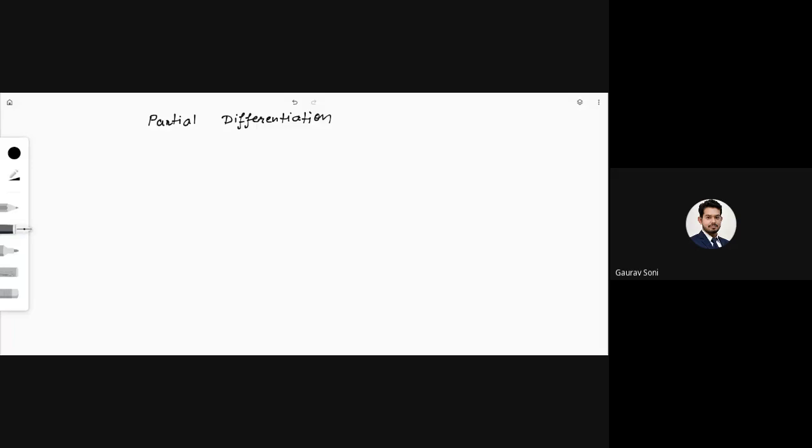Just one or two extra points are there: if you have two or more independent variables in your function, I can take the partial derivatives with respect to one of the variables. And when I'm taking the partial derivative with respect to one variable, you keep the other variables as constant and you take the derivative. We have seen the notations,